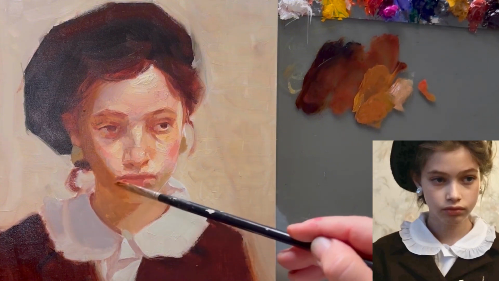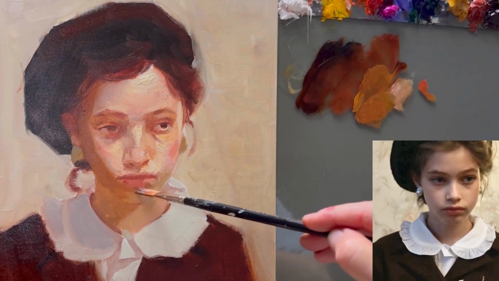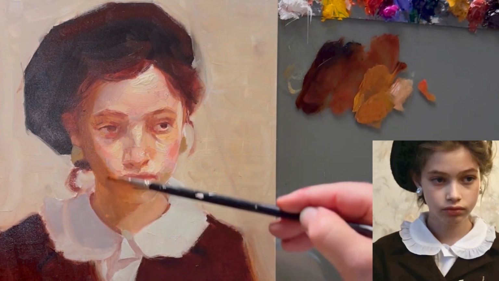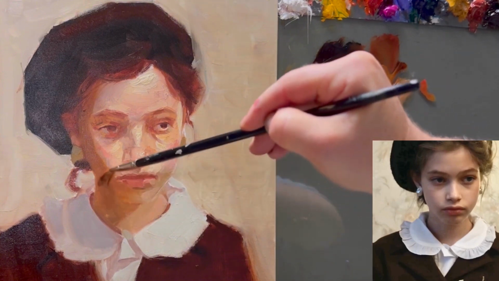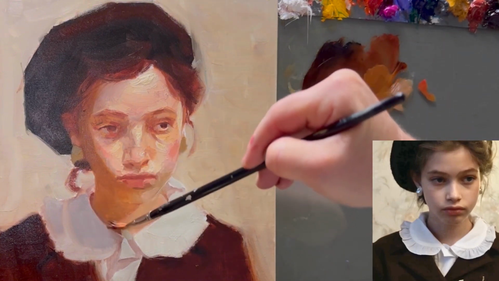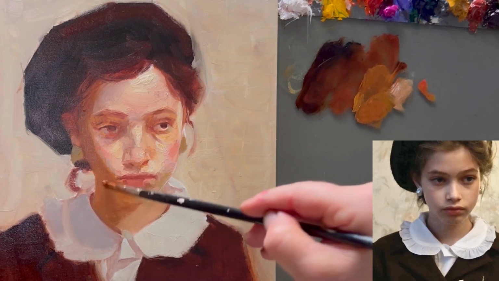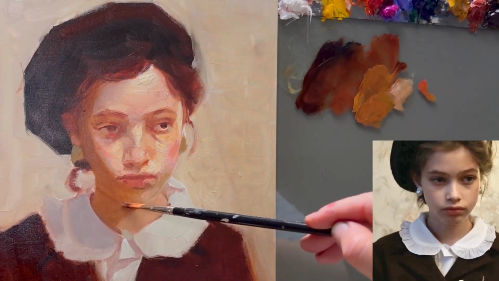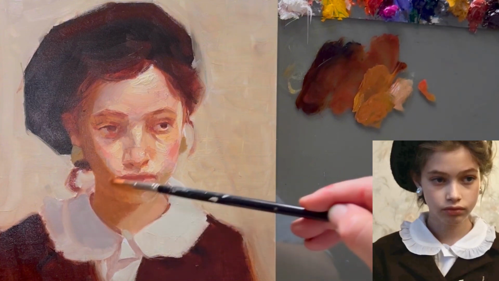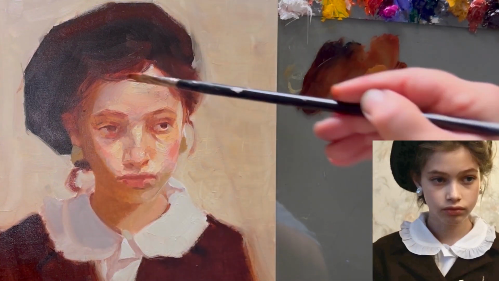It doesn't mean that all of that shadow will remain that value, but for now, losing the definition between the jaw and the neck, making the shadow and the cast shadow be one shape, and connecting into the big grouping,